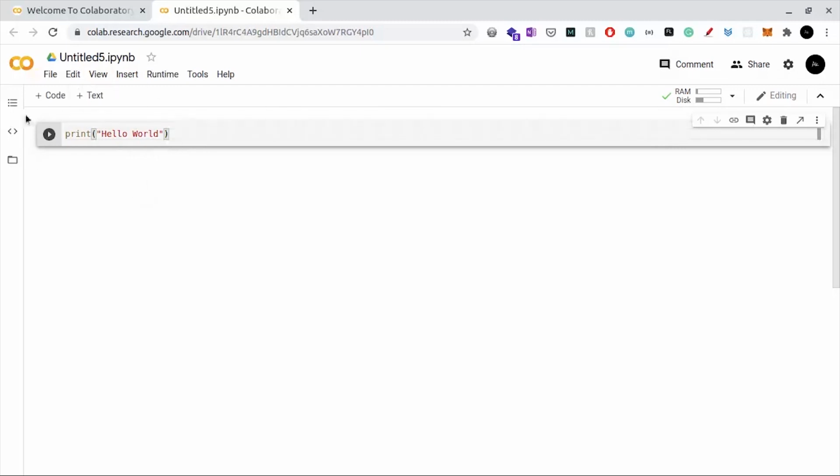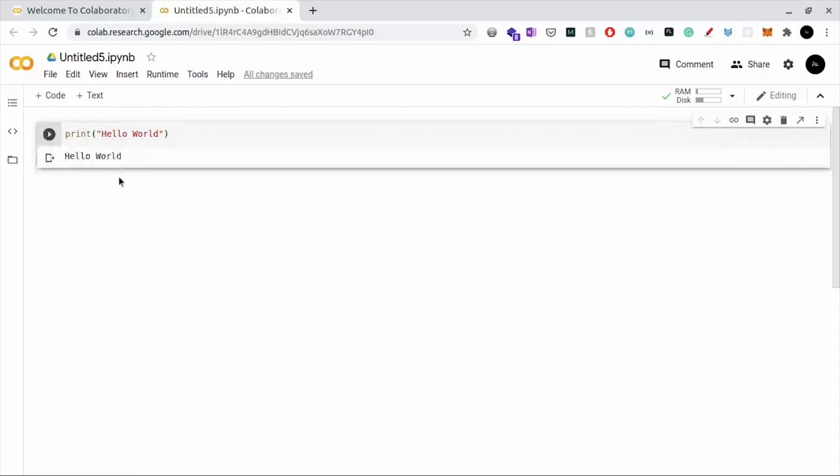So to run this program we have to click on this icon. You can see we have got a little pop-up that shows run cell. You can also use the Control plus Enter shortcut key to run this. So I'll click this, and it has printed hello world on the screen. So you see this is pretty fast and pretty amazing compared to any other text editors that you get offline. So yeah, we have coded our first program, that is a hello world program.